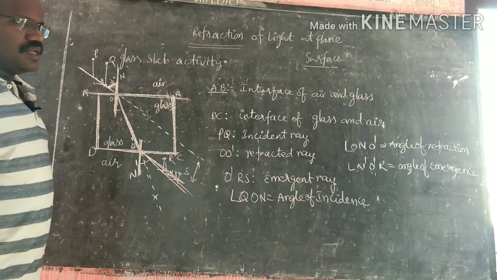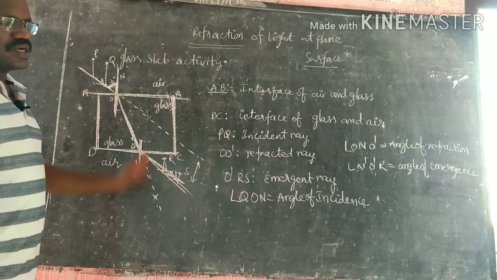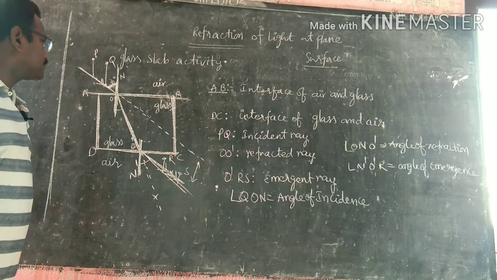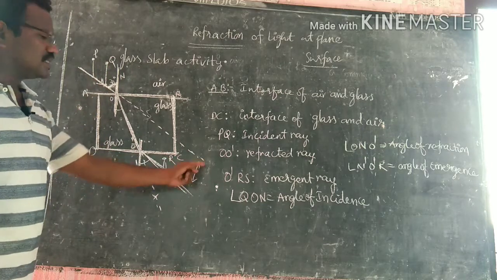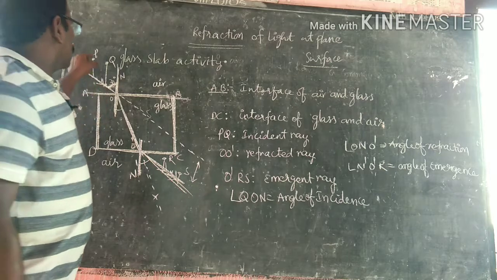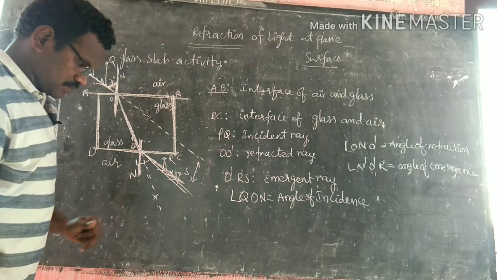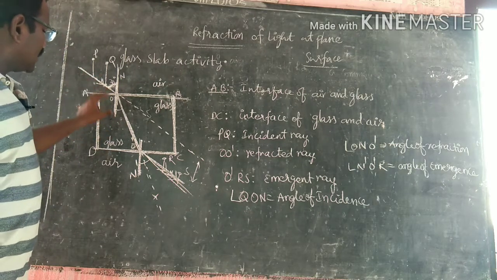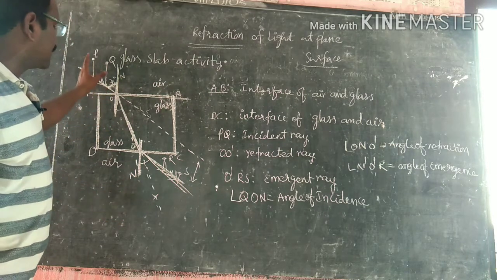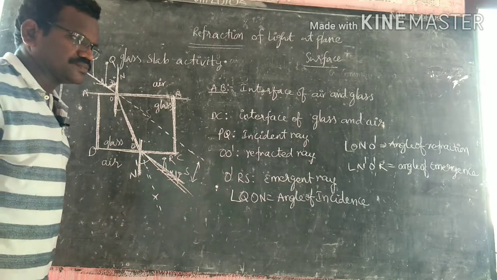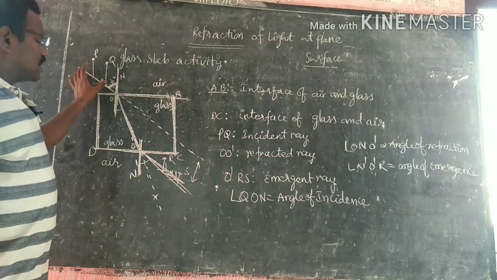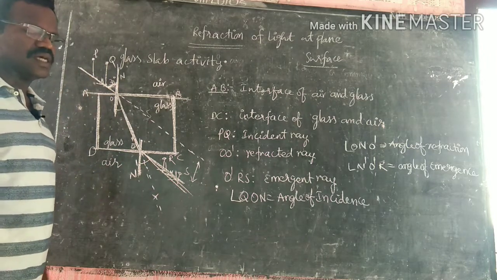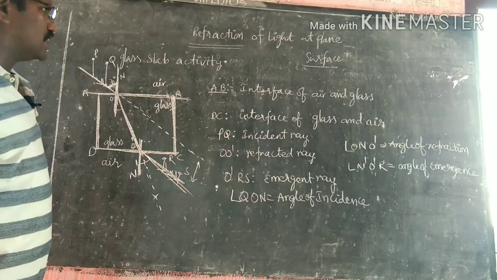Then we selected a point on the surface AB. We drew a normal, and then drew one more line making an angle of 30 degrees to the normal. We already drew the extended incident ray. We inserted two pins, P and Q, on that. Now we observed the images of PQ from the side RS. The condition is that the images of PQ and RS must lie in the same line. Okay, now let us discuss.